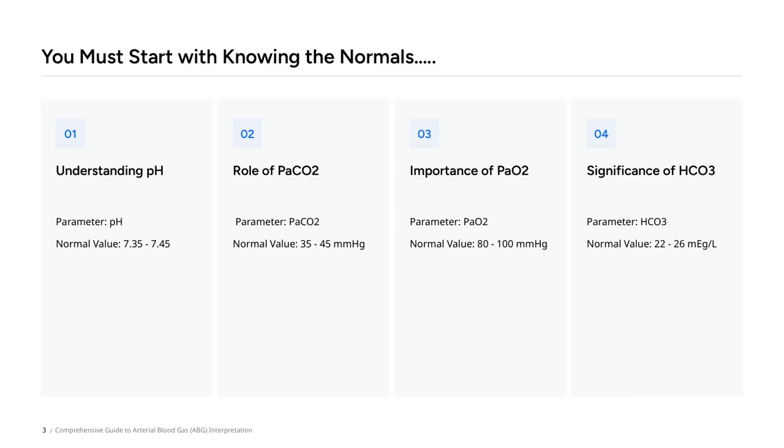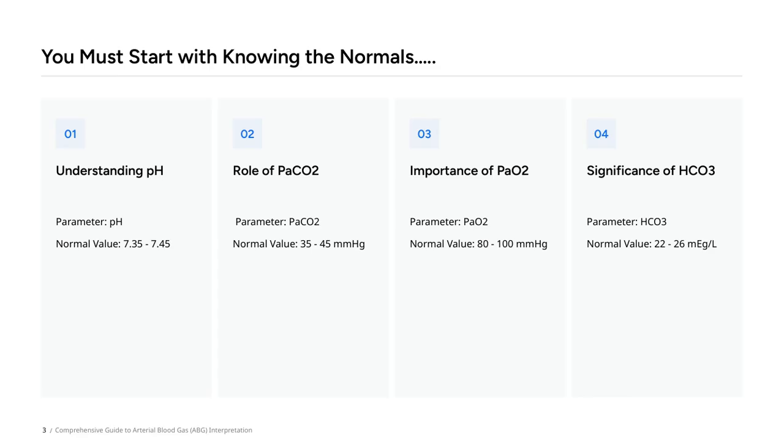Then there's PaCO2, representing the partial pressure of carbon dioxide. Normal levels are between 35 and 45 mmHg. This parameter reflects respiratory function and helps us understand if the lungs are appropriately eliminating CO2, which is crucial for